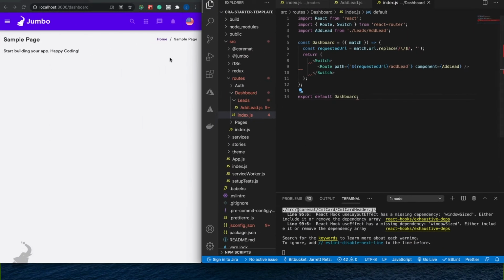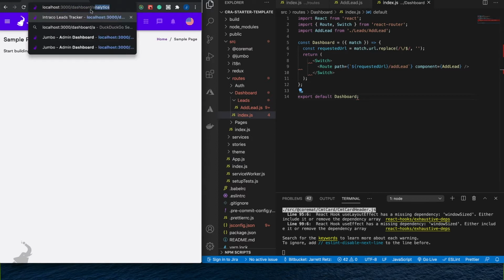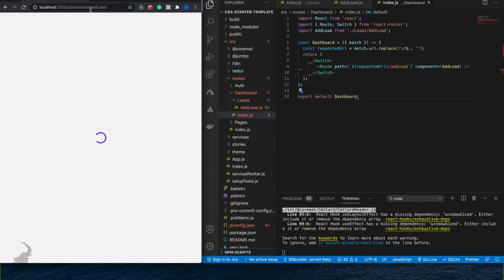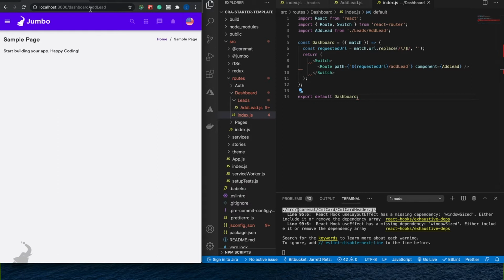Back in the application, let's try to visit our component at /dashboard/addLead. Notice that it still renders the sample page component. That's because back in our top-level routes/index.js file, we are still passing in the sample page component. Let's go back to